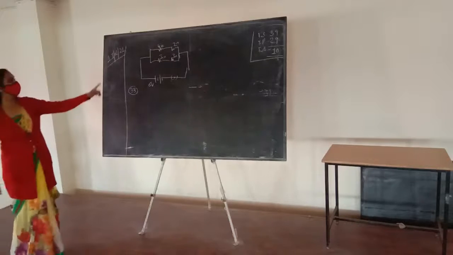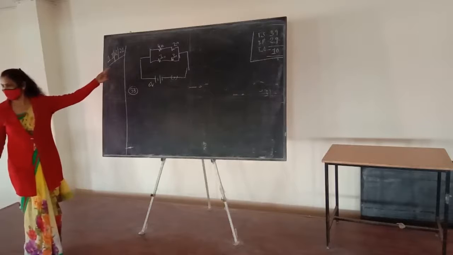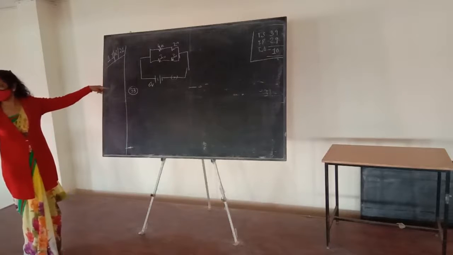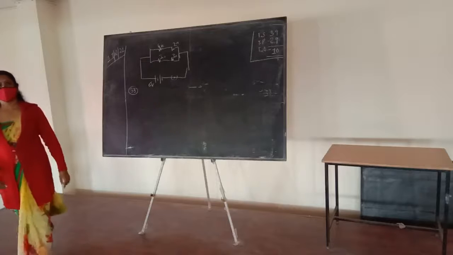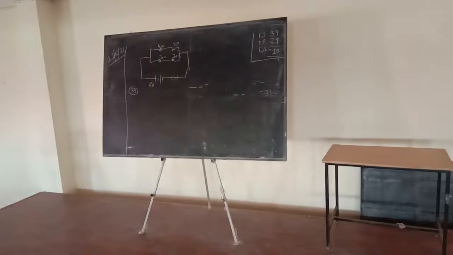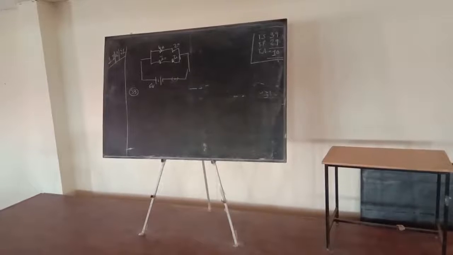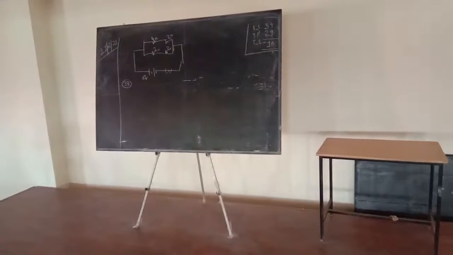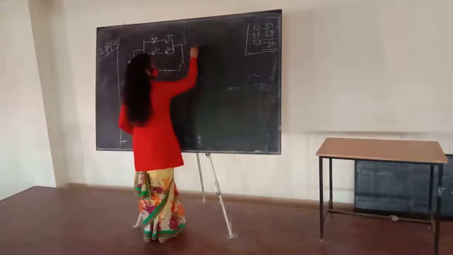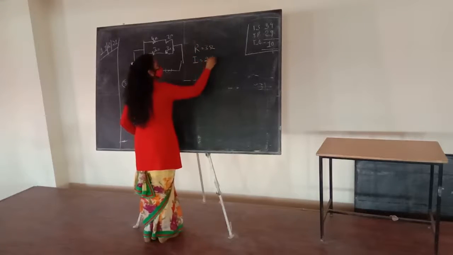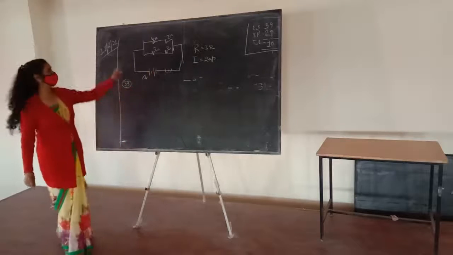Now, who is going to explain how you can find the potential difference, Neha? We have to find the potential difference of 4 ohm and 3 ohm. So, who will explain? The C part. You have to find the potential difference of 4 ohm. Now, the total resistance of the circuit is 3 ohm and the current in the circuit is 2 ampere. So now the question is, how will you find the potential difference of 4 ohm?